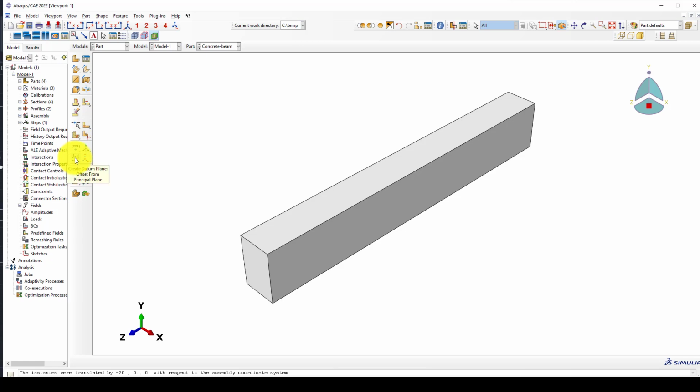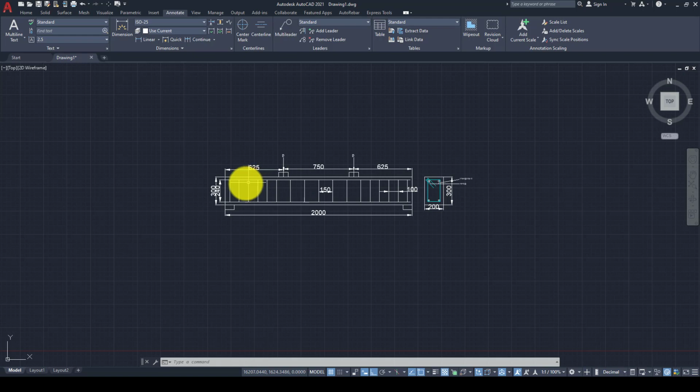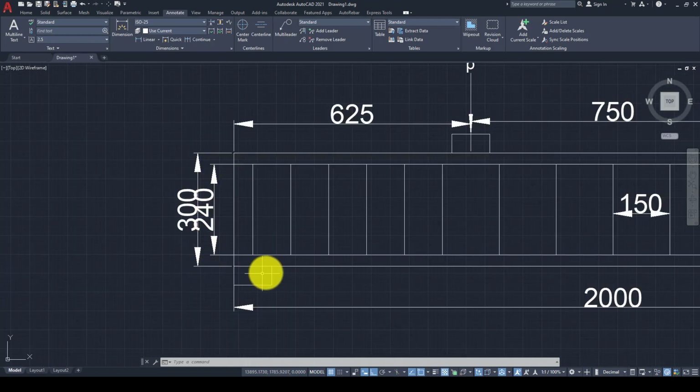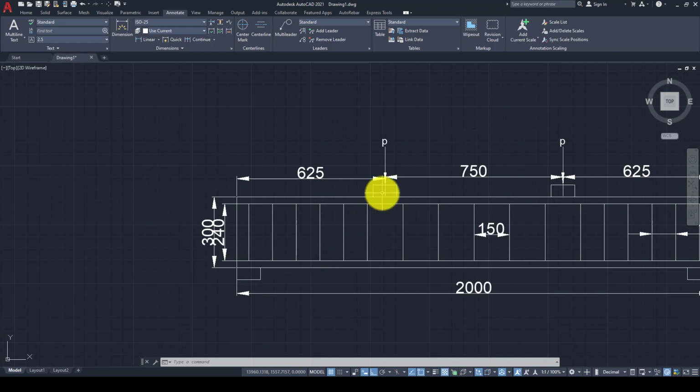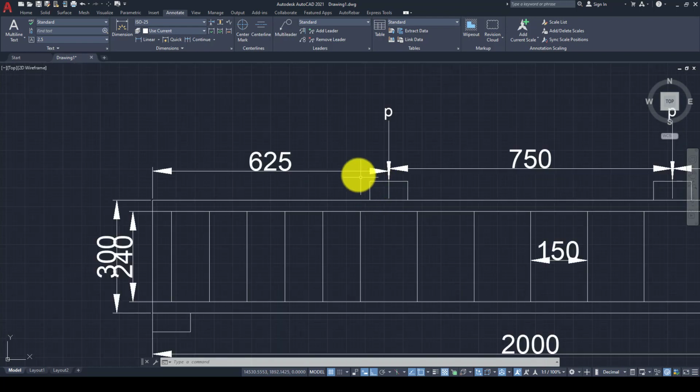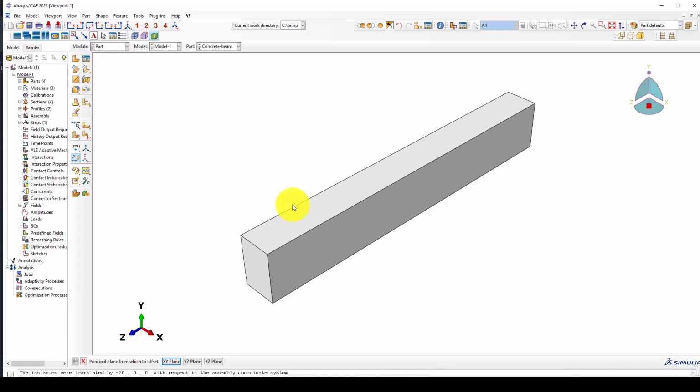Here is the create datum plane, and we can go to one datum plane should be exactly in this area, 100, and then one should be here, which is 50, less than 50, 75, and I can go to here. It's called